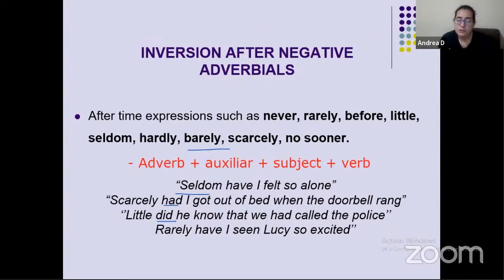The thing is, you usually use it for the past, but you can also use it for the present, right? Like little does she know, and that's why they have the present or past perfect. Because also, if you think about it, most of the time when you use adverbs in the past, you use the present perfect, right? Most of the time you say, "Oh, I have never seen somebody like you." You don't say, "I never saw somebody like you." When you use adverbs, most of the time you use the perfect tense. So that's why.